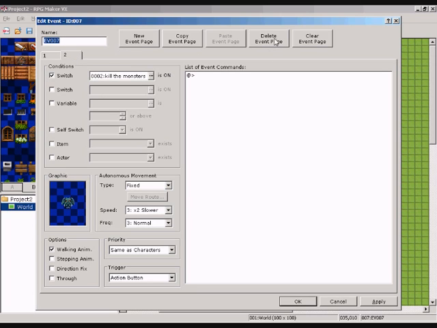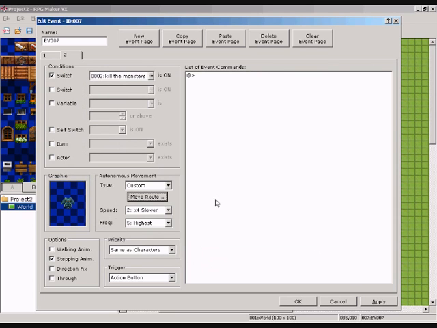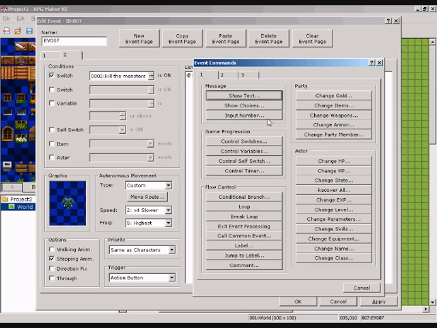And actually, let me delete this one. I'm going to copy this page since we have that move route. I'm going to copy it. I'm going to paste it. Then I'm going to put this. So now we still have the same move route on this page. So nothing changes. But now, when you click on them,